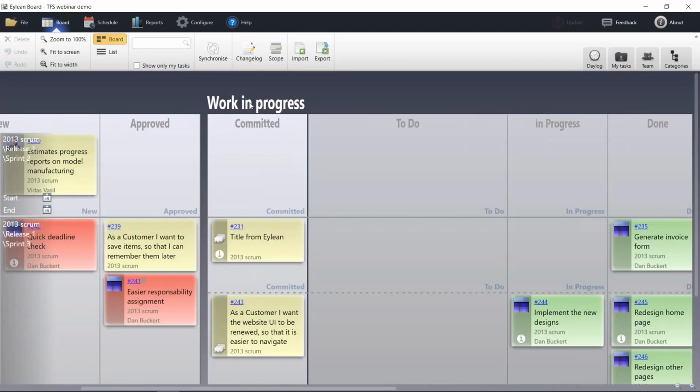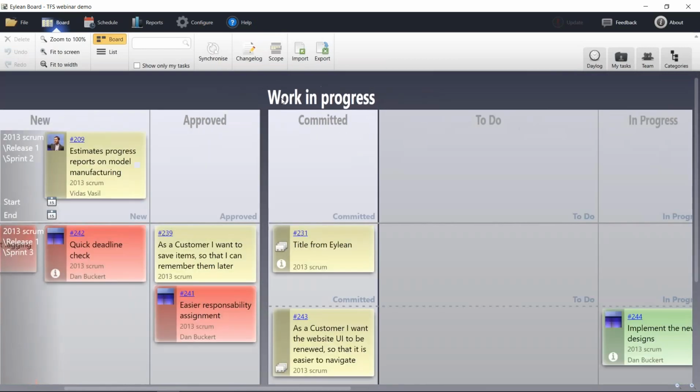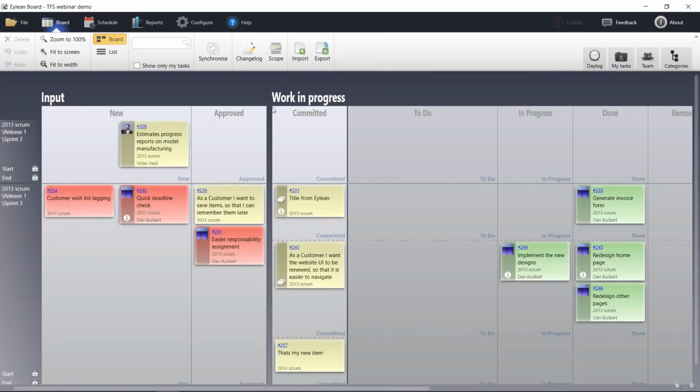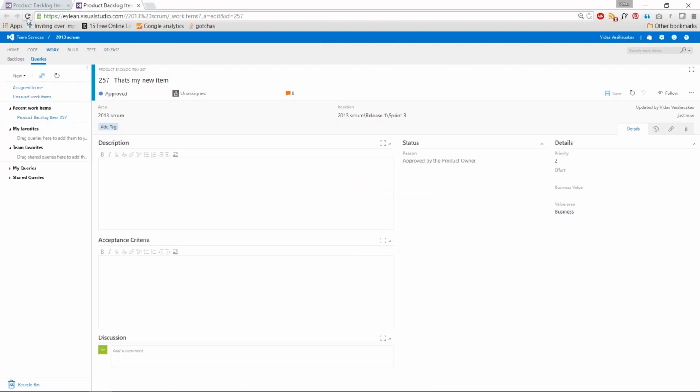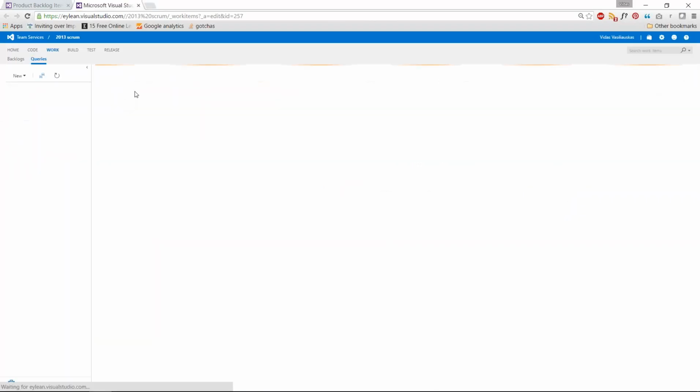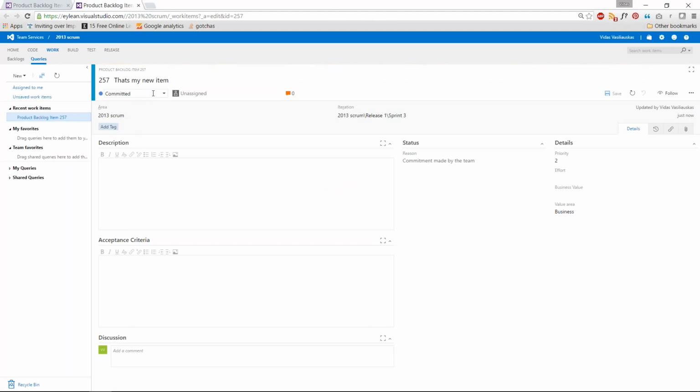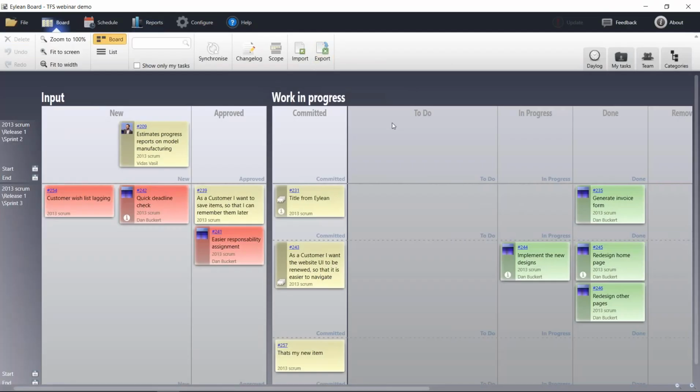So these columns, as you can see, are matching the states. They are one-to-one mappings. Now if I go back here, I refresh it, it should be in a different state already. Yeah, that's committed. But that's pretty simple, and that's pretty much the same TFS, just in different colors, themings,